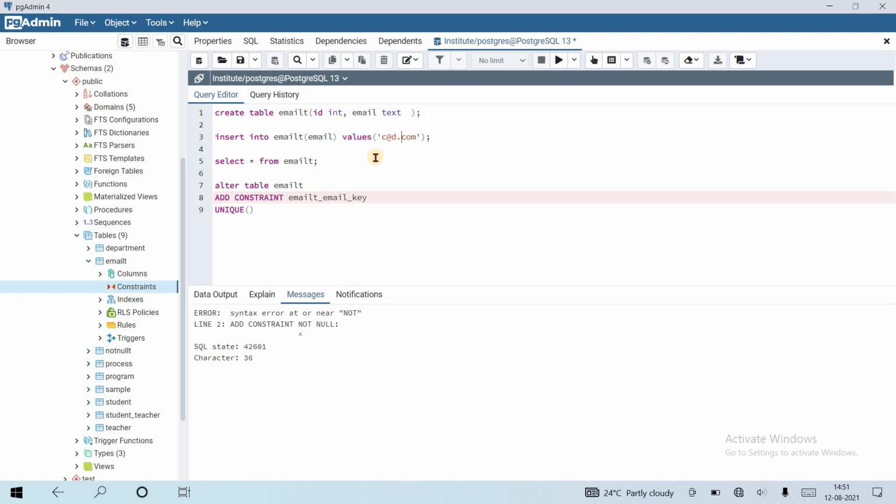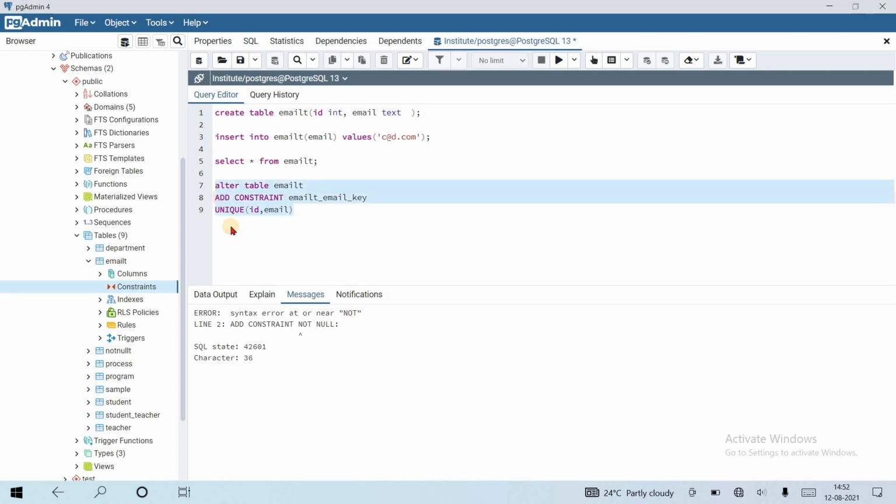Let's create it for only one column, email, or for id and email both, which must be unique together.